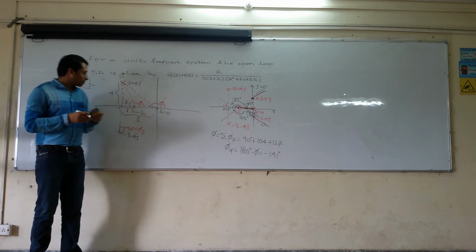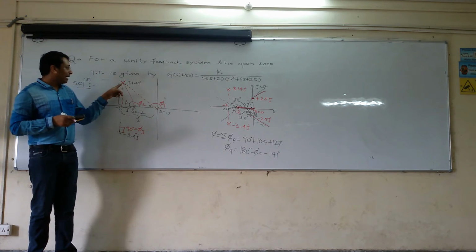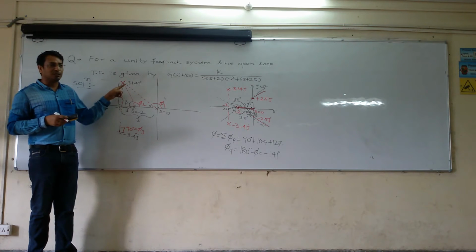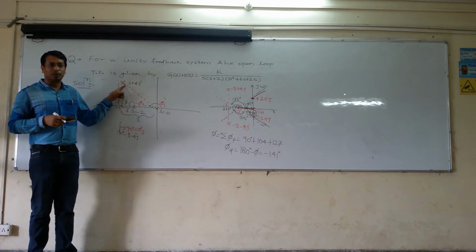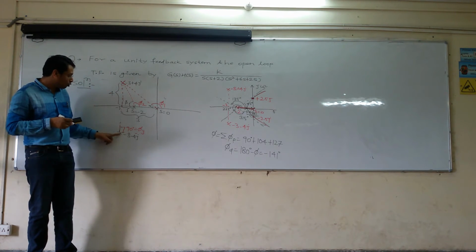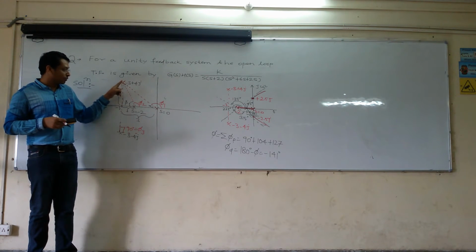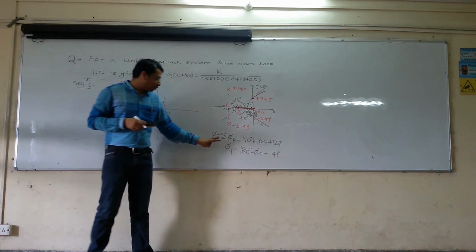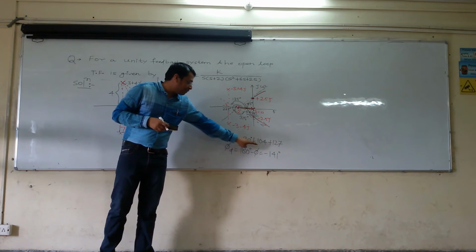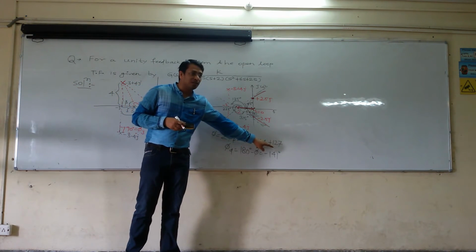Well, so we are in the process of finding the angle of departure for this particular pole. One of the poles, because we have two complex poles, so we are finding it for this particular complex one. So we have just calculated that summation of phi p is equal to 90 degree plus 104 plus 127,